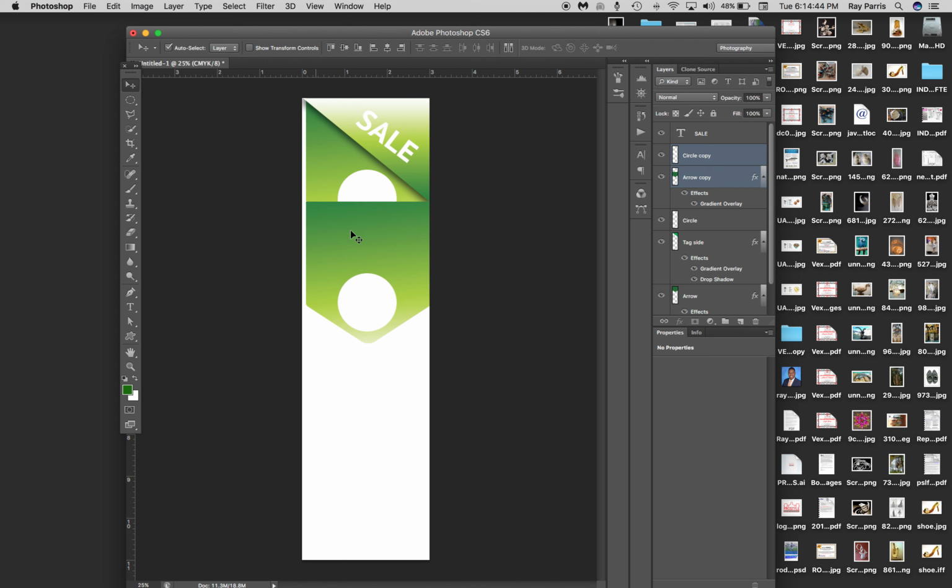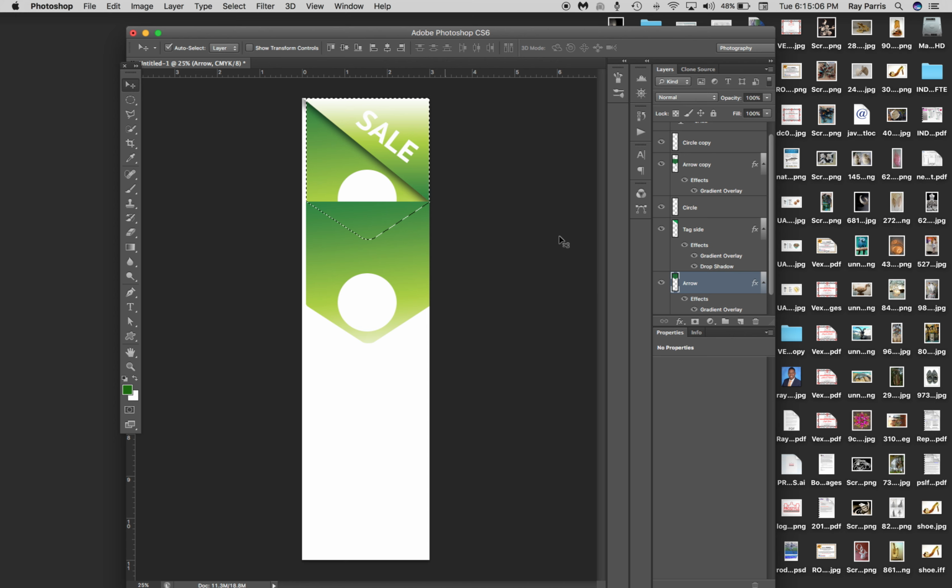To cut out this piece here, I'm going to go back to my top piece. This is a quick way to do this: hover over the actual layer thumbnail, Command-click. Now notice that you have the selection